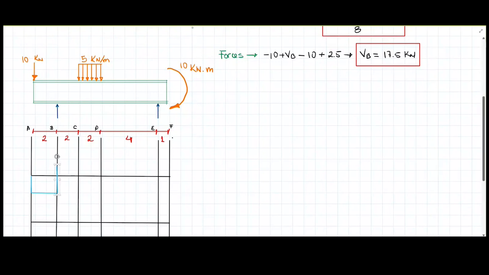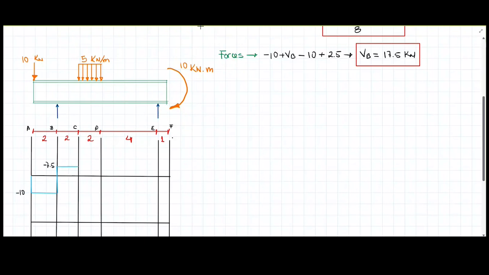This is going to be minus 10 kilonewtons. This is going to be minus 7.5 kilonewtons. Yeah. And then this is going to continue straight horizontally because there is nothing else here